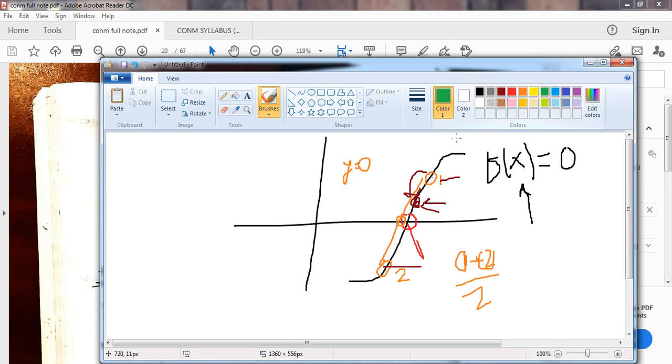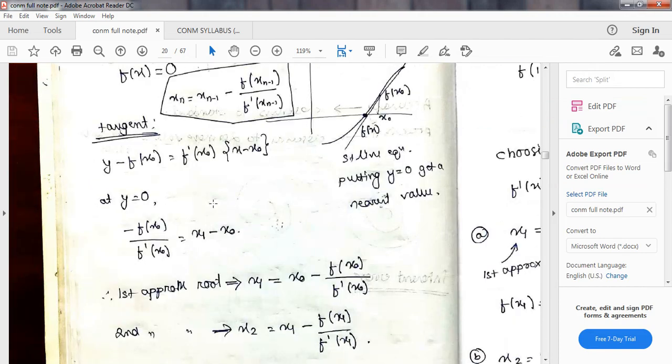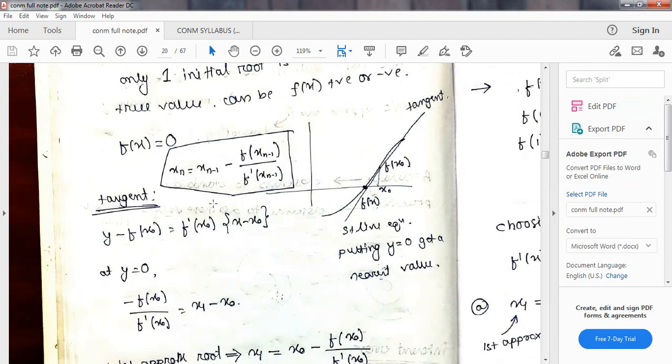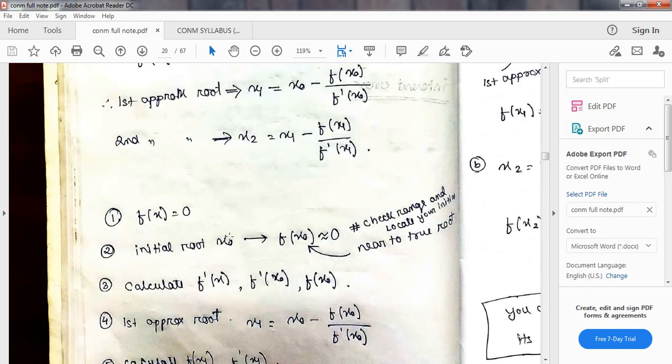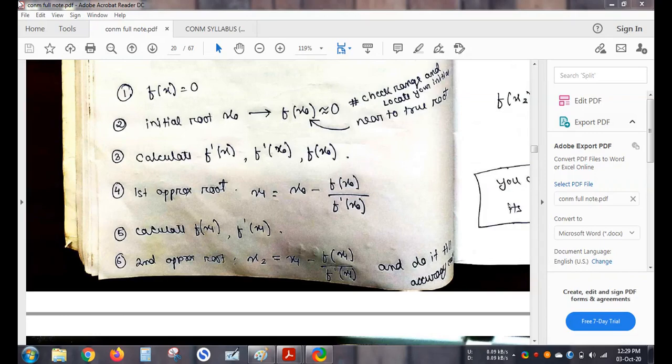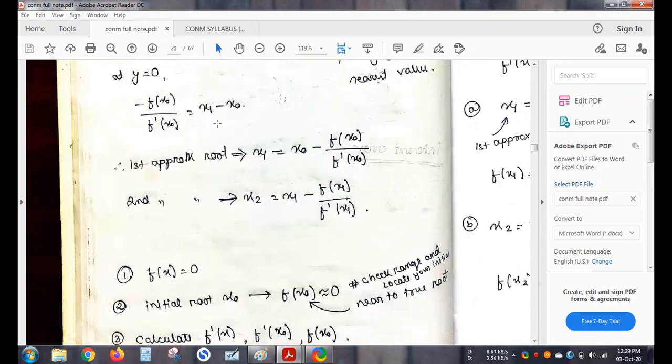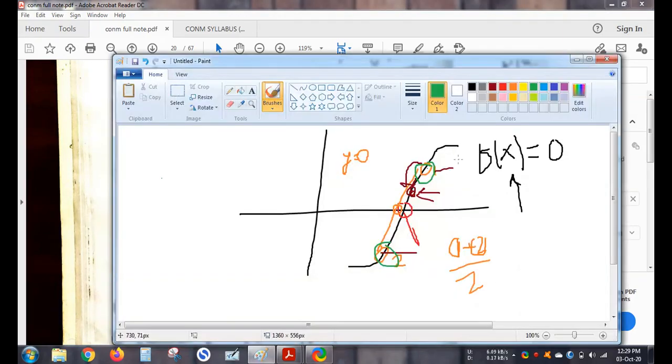So you have to know this one and this one. So you have to find out two roots. That is number one problem. Number two problem is that after knowing the roots, as I was telling you, the first problem is that in the earlier methods you have to know two roots, the two initial roots.